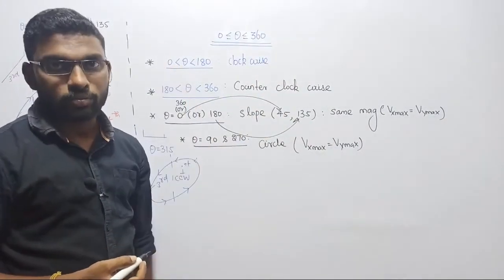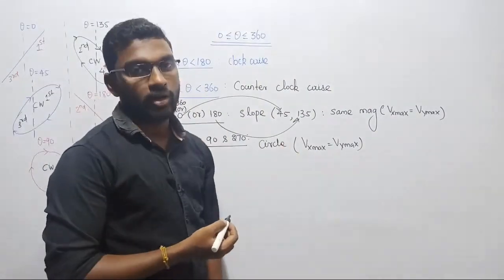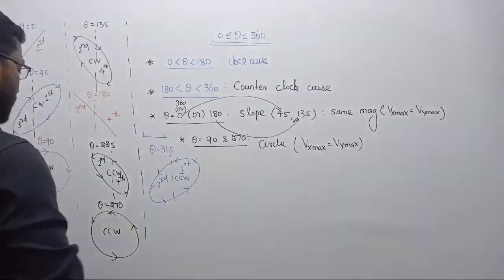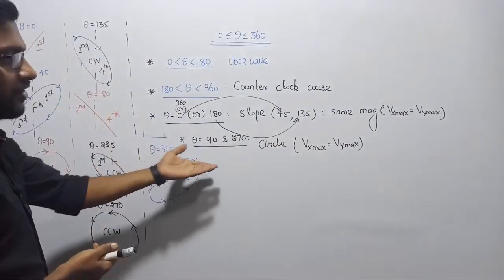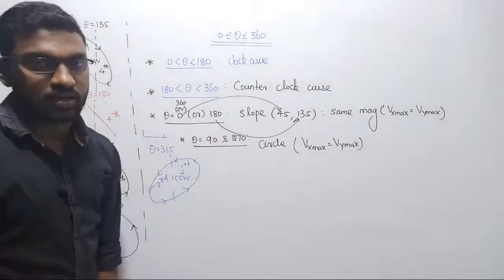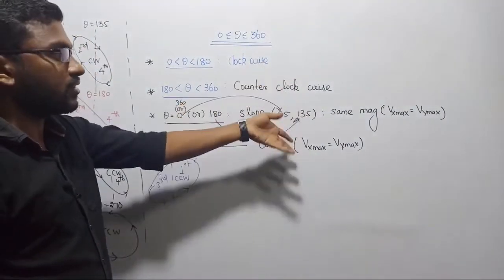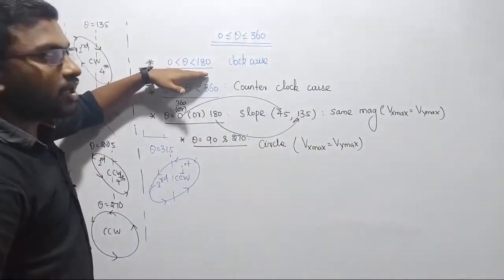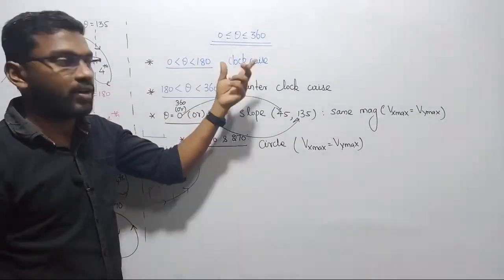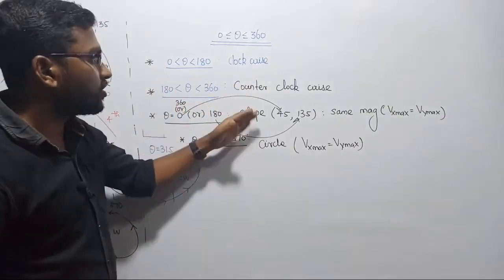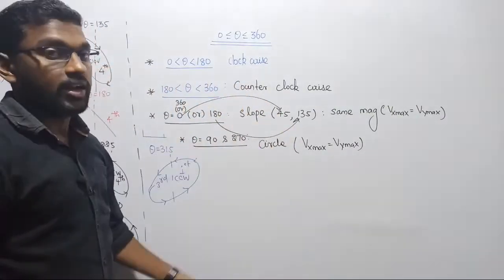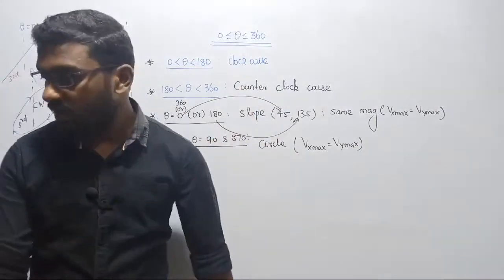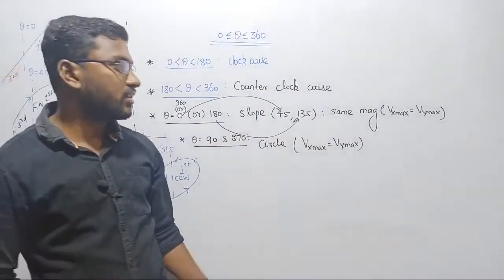Observe the magnitude. If both are equal, then you are going to get a circle. Just observe, that's very important. These are the observations we are getting, and now you know at which angle we are going to make what type of revolutions, and in which direction the rotation is made, clockwise or counterclockwise, depending on the region. If you lie in 0 to 180, then it is clockwise. If you lie in the region of 180 to 360, then it will make its revolution in the counterclockwise direction. Okay, that's all. So these are all the Lissajous pattern waveforms. I hope things are very clear now.